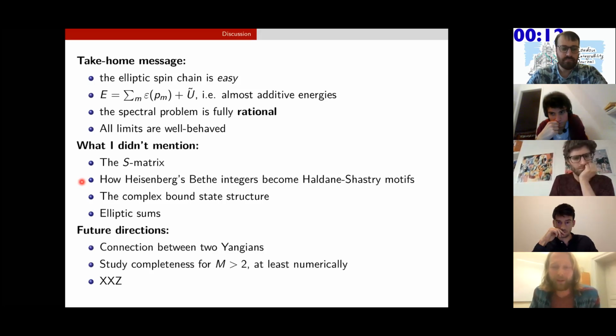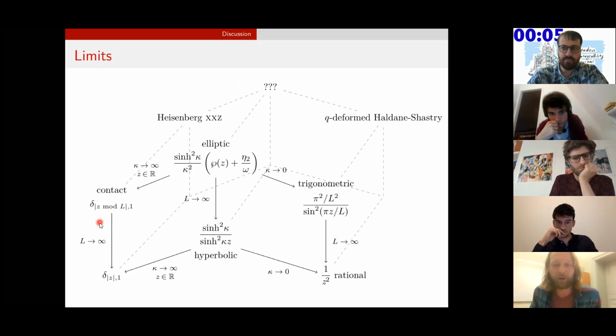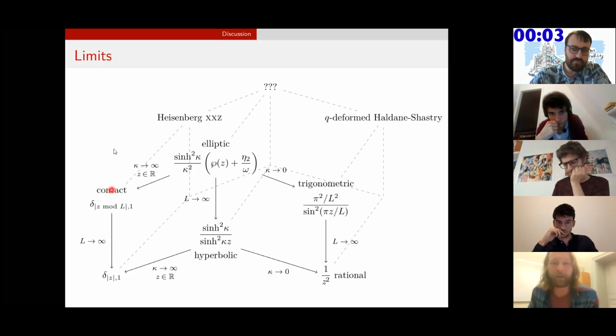Basically, the holy grail for me in this field has been for years that what I actually want is to find the anisotropic generalization of the spin chain, which would be to really turn this diagram from my second slide into a three-dimensional picture and get something for these different question marks. Thank you.